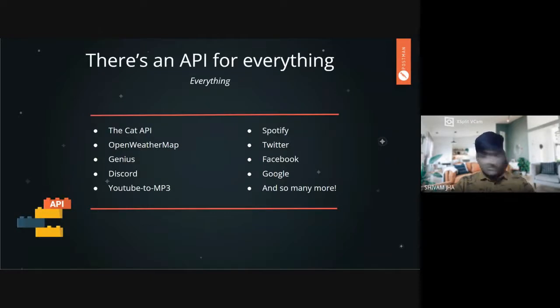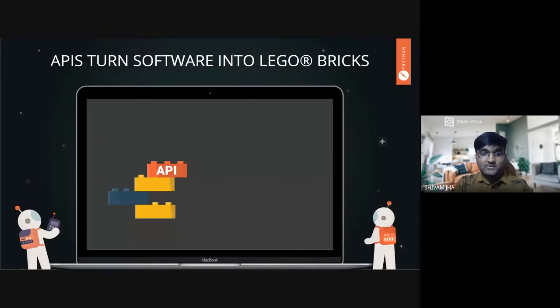Okay, so in today's world, there's practically an API for everything. You name it and it's there. I mean, there's a cat API, and there's an API for flower images. There's this Open Weather Map API, a very commonly used one. There's the Spotify API to play songs by making requests. The Google API, obviously, and the Twitter API, which I recently talked to you about regarding filtering the comments, and so many more. So many more. Okay, so this was the analogy I was talking about.